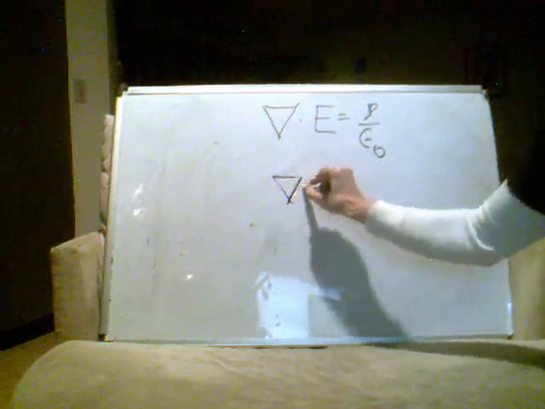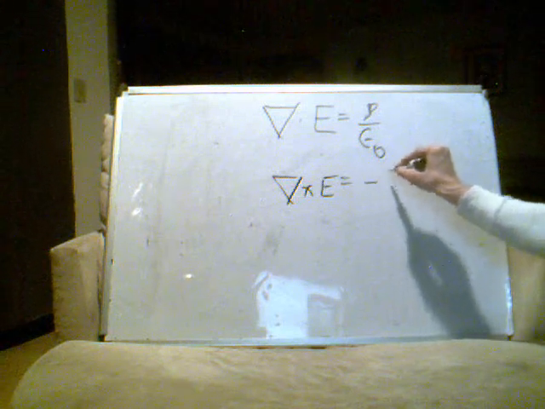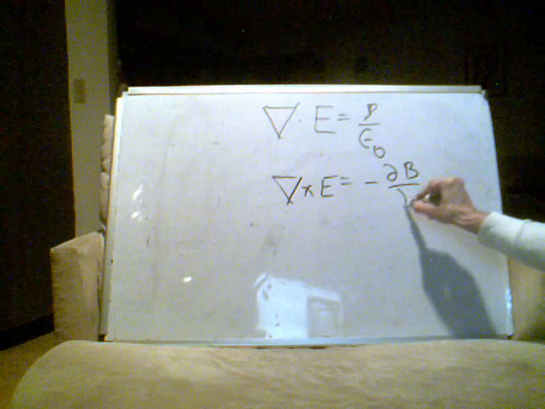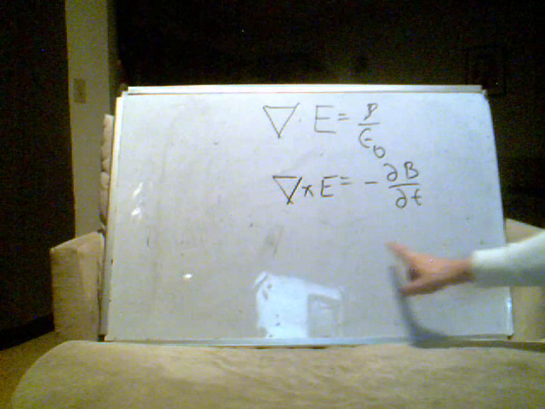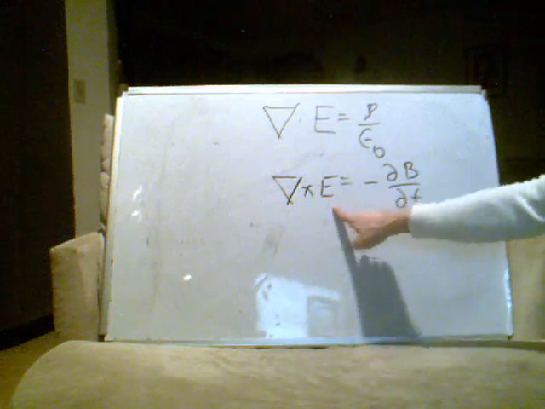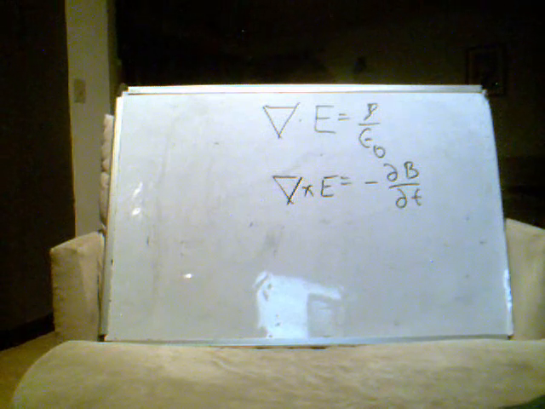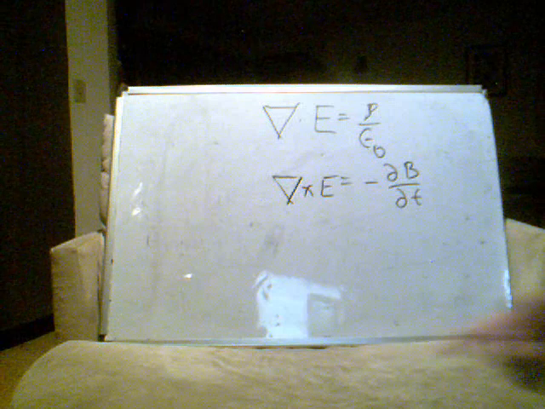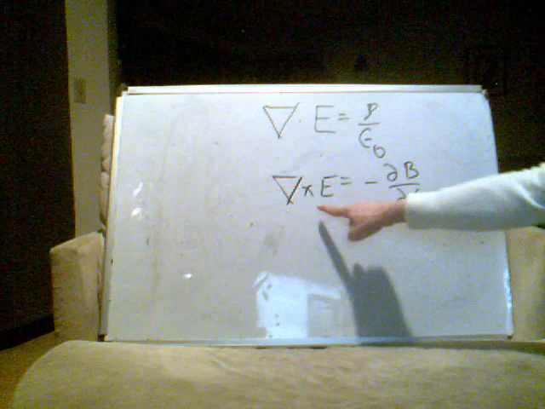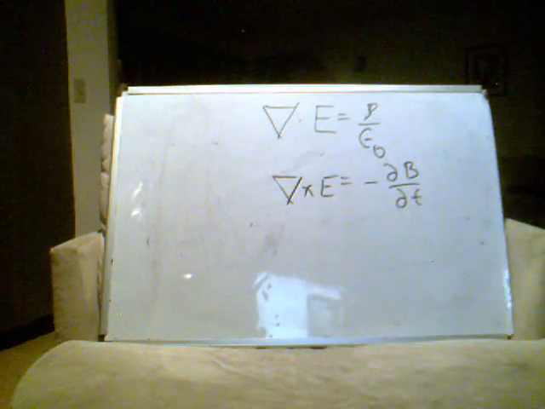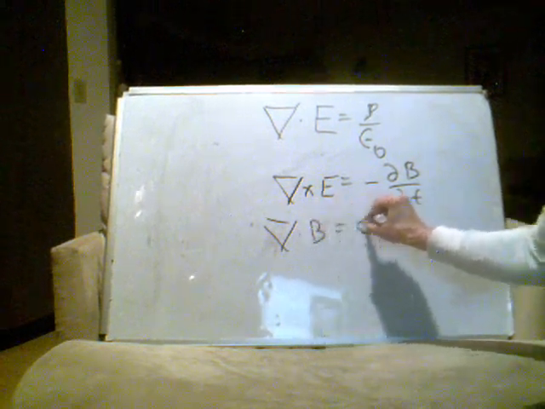There's this one, the curl of the electric field is equal to the negative time derivative, or the change of the magnetic field. This expression is the curl of the electric field, and it has implications as far as the geometry of the electric field. Now, what this equation means is that a changing magnetic field can generate an electric field. That's Faraday's law. The third one of these equations is the divergence of the magnetic field is equal to 0,